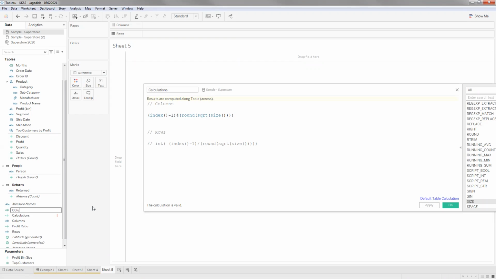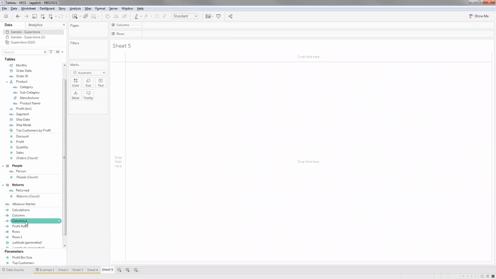Columns. I think it's already there, but columns 1, and then let me do this as okay. By default these are measures.